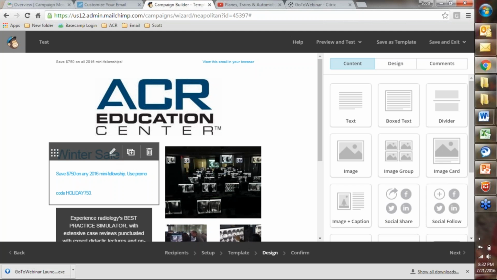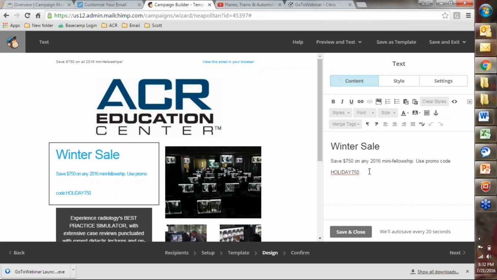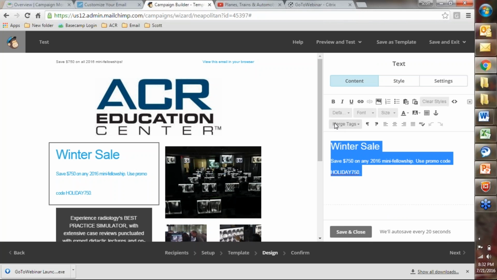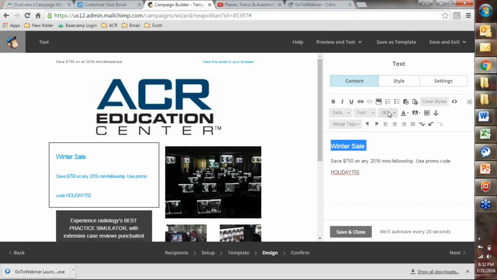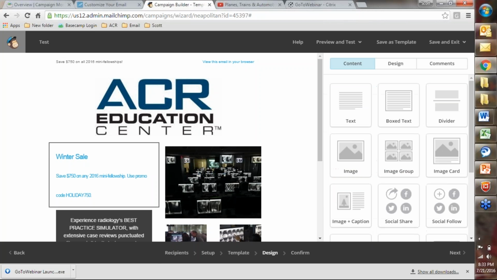So again, it's all really simple, just clicking inside to edit. This will open up an editor in here. Same thing, go to WYSIWYG just like you have in a Word document. You can copy and paste. You can highlight text, and you can change the font, the size. You can go up to really small, really big, however you want to. And if you want bullet points, links, etc., it's all there. They try to make it as easy as possible for you. And again, drag and drop, really easy to move stuff around. Once you get out of it, you can hit save and close.